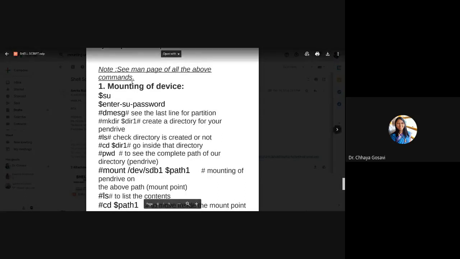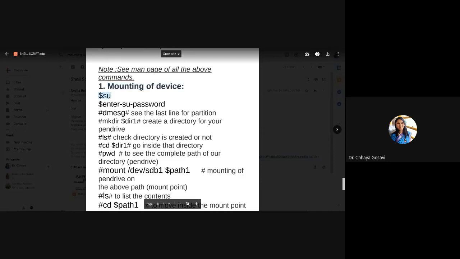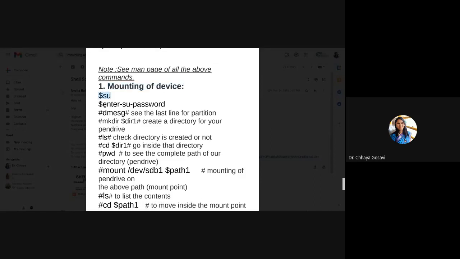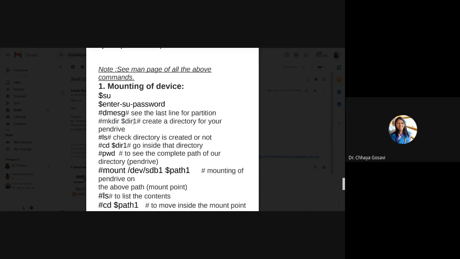So these are the steps to mount a device. Run su for super user. Then you have to enter the super user password. Then run this dmesg command, and you will see the last lines. It will show partitions. Then you have to create a directory for your pen drive which you want to attach to this device.